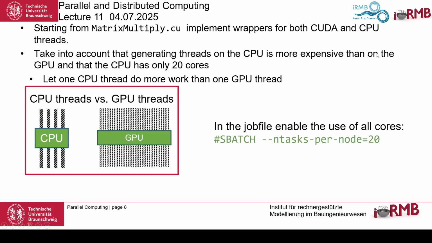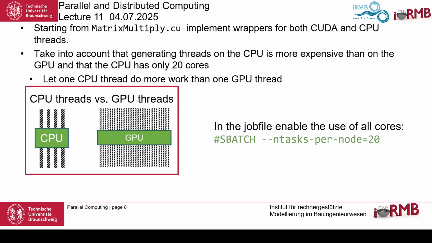So, getting back to the task. The idea of the task is that we split up our problem, do part of the computation on the GPU and do another part of the computation on the CPU. But on the CPU, we want to use several tasks, so we want to multi-thread on the CPU by using multiple threads and then also using the GPU. And there, this is where we have this picture for.